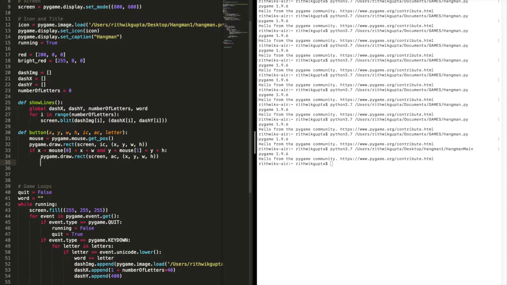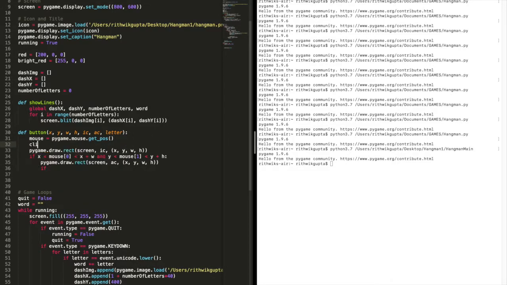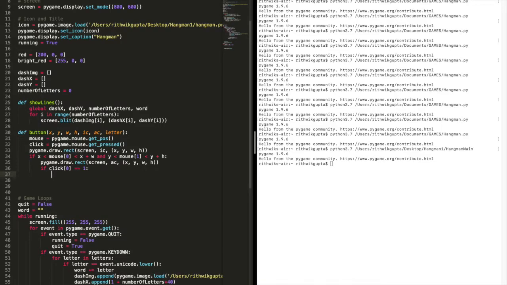And then now we want to check if our thing was clicked. So we'll define a new variable called click equals pygame.mouse.get_pressed. So this will check if it's pressed, and this function will return a tuple of 3 values. The first value will be your left click, this will be your middle click on a mouse, and then this right value will be the right click. But we're only interested in the leftmost value. So now we're going to type if the 0th value of click is equal to 1, which is what it's going to show if it's clicked, then